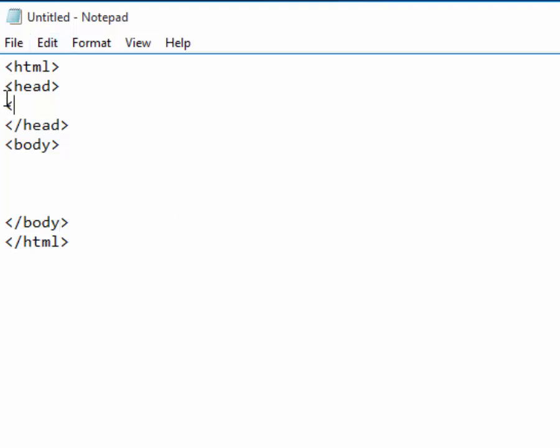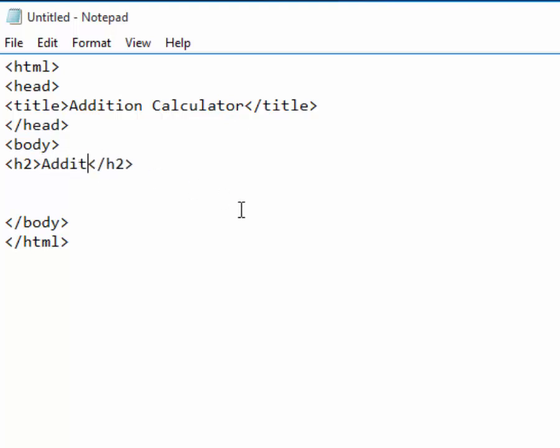So here I will put the title for the web page that will contain the calculator. I'll just call it addition calculator and close with the title tag like that. Inside the body of the page, remember I need a heading for my calculator, so I'll put a nice heading there. Let me call it addition calculator,